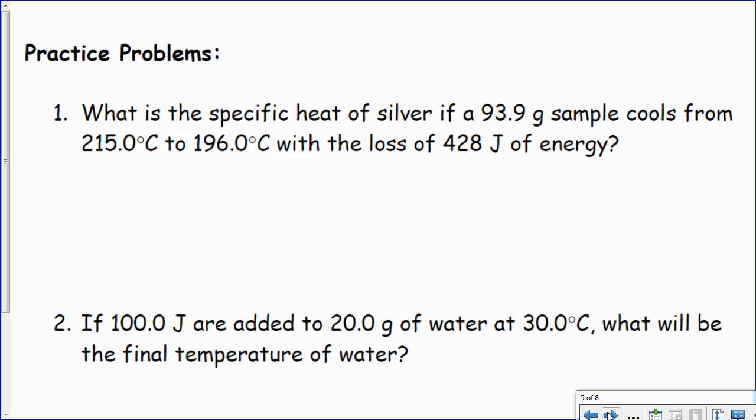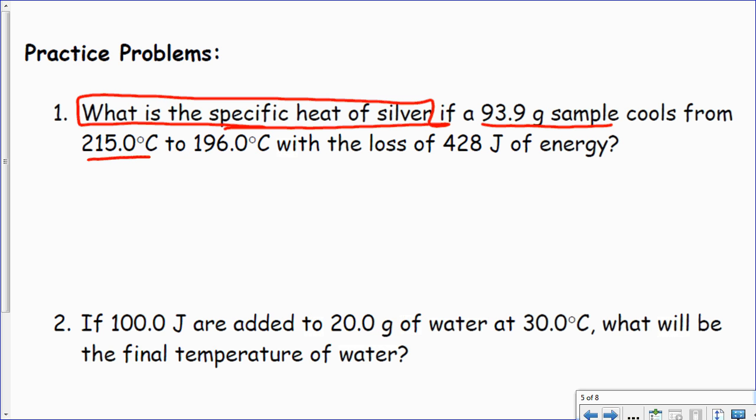Different variations of the same equation involve finding out the other variables like C or M or delta T. So we are going to talk about the specific heat of silver and finding it. It's asking what is the specific heat of silver when we have a 93.9 gram sample cooling from that temperature to that temperature with a loss of heat. So again, this is the same equation. Q equals M, mass, times C, specific heat capacity, times delta T,